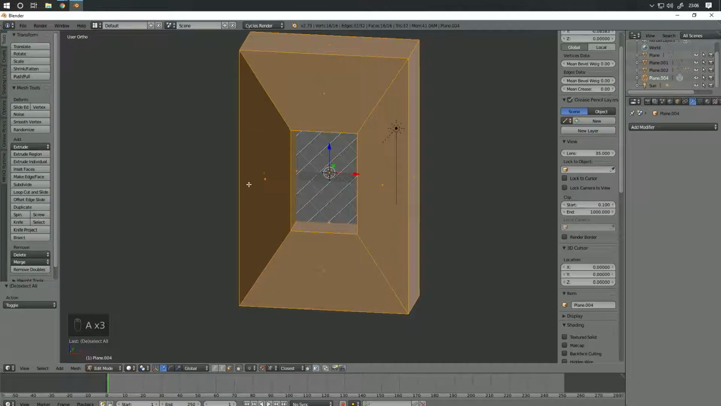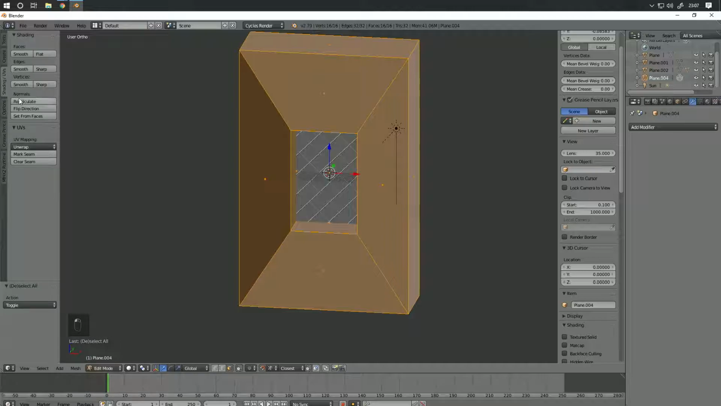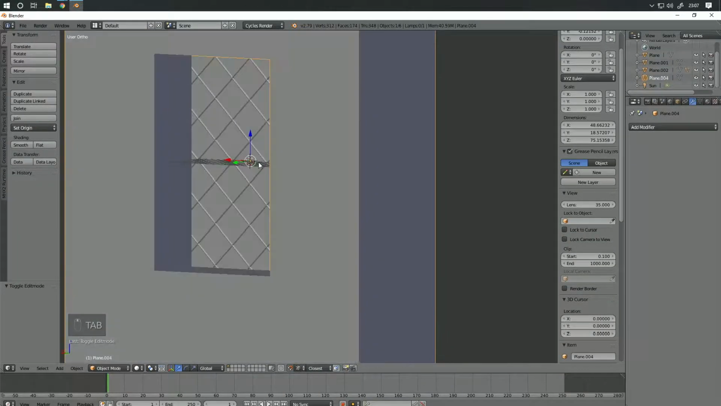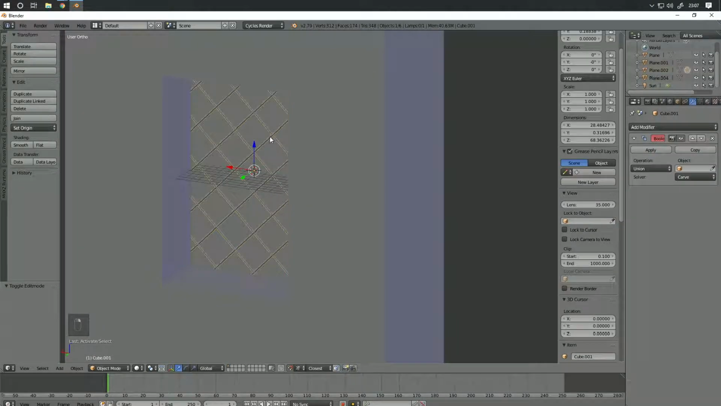This face is flipped, so we need to fix that. So we're going to go into our shading/UVs and click on Recalculate. Excellent. So now it's like a giant window frame. We're going to go back to our bars. We're going to click on Object, and we're going to do Plane 004. We're going to click on Difference,